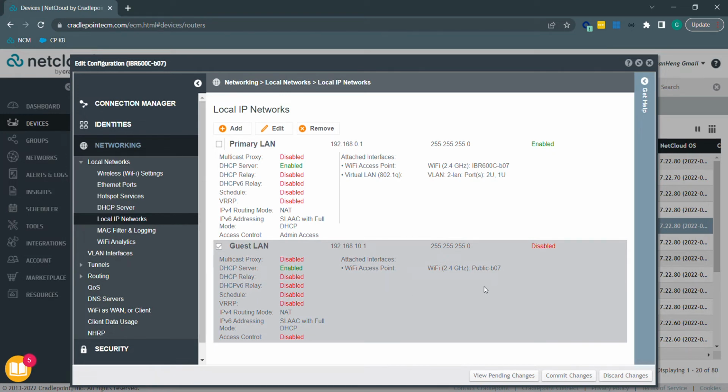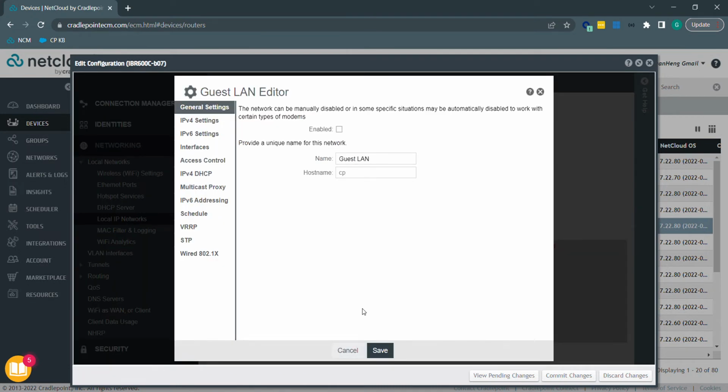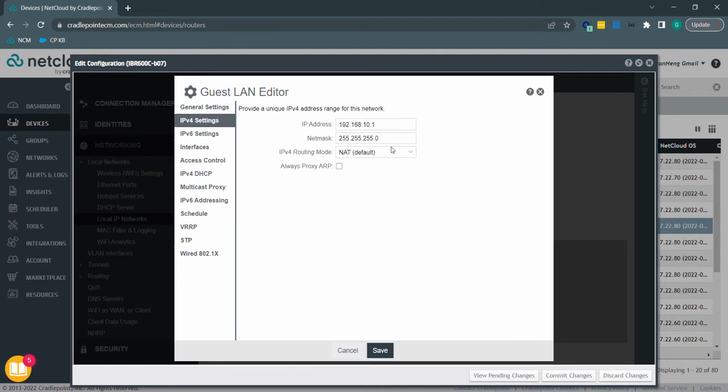It's a pre-configured, predefined configuration on this router. So as we can see from the information, the Wi-Fi SSID public B07 is already associated to this LAN. So let's enable this LAN, and then in the general setting pane, on IPv4 settings, we can